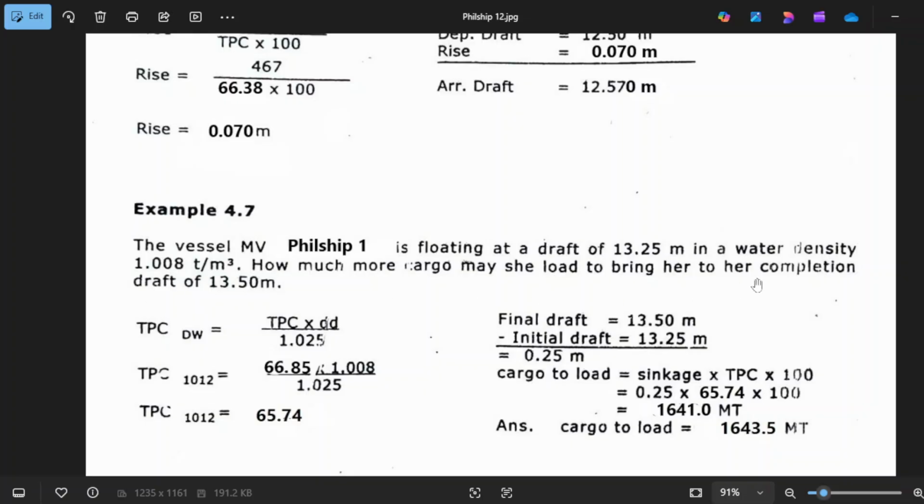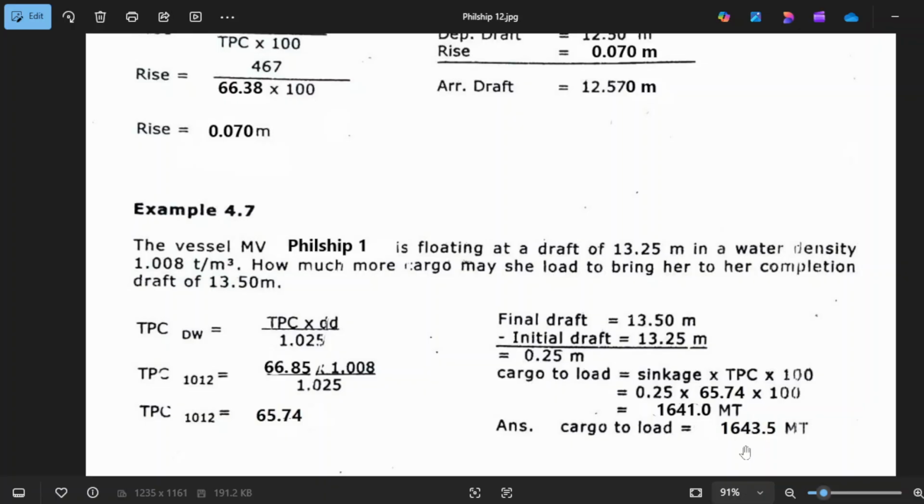Let's say for example, his corrected TPC is 65.74. So you have your rise here, or sinkage. So sinkage times 0.25 times your TPC of 65.74 times 100, that will be the cargo to load for trimming, 1641.